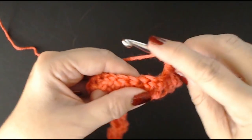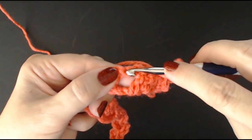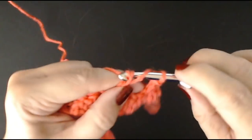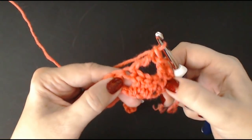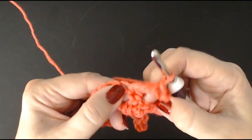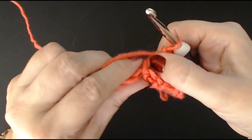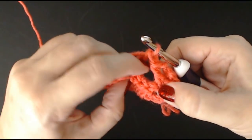So yarn over twice, you're going to skip those 3 stitches and go into the stitch above this hole, into there, and do your double treble crochet. Now this is the back of your work. You should never have any of these long stitches on the back. That's going to get pushed around to the front. So just push that one out of the way. Push this one out of the way